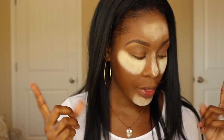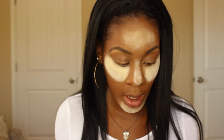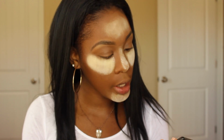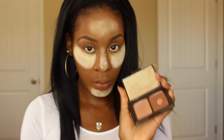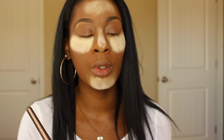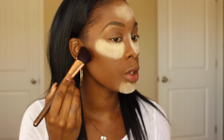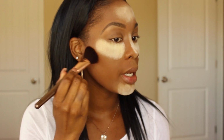Okay, so while that's sitting on my face, I normally contour a little bit, and blush. I'm using a contouring, blush and bronzer palette in Turks and Caicos, and I use the darkest shade. To contour with, I use several different brushes, but I noticed that a brush with an angle on it, so you can get right in the hollows of your cheeks, is the best brush to use to contour. We are going to chisel that to make us